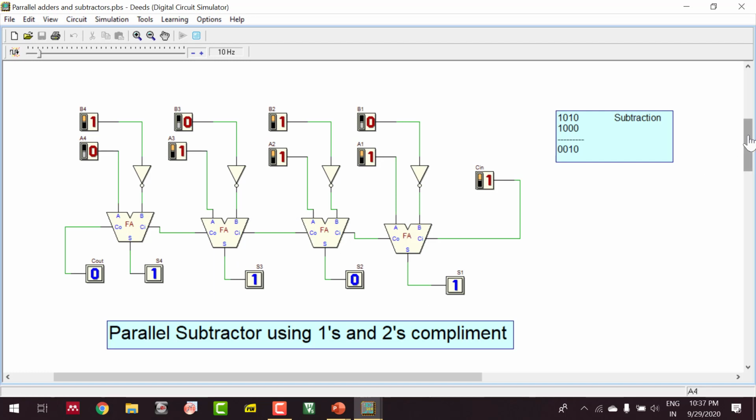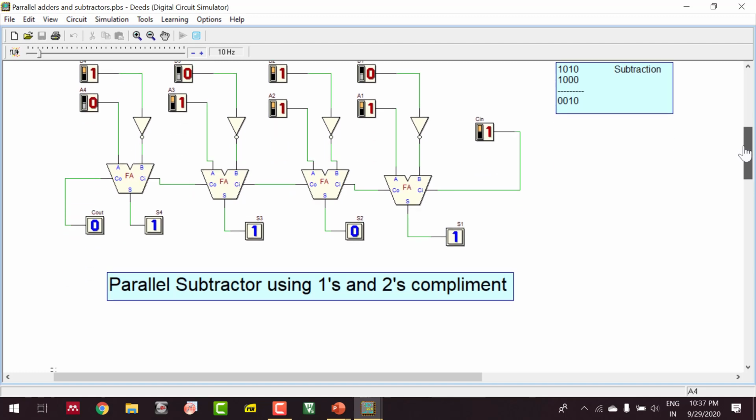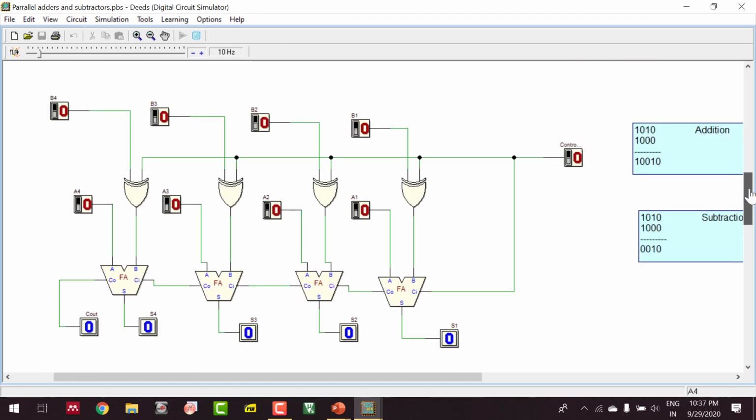Now we are going to show you an adder cum subtractor using a simple XOR gate. This was already discussed in the class. Your XOR gate will produce the same output as input if the control input is 0. If your control input is 0, you are going to produce the B bits as they are. If the control input is 1, you are going to produce the complement of the B bits. At the same time, the same control is applied to your first full adder. That means when you keep 0, the 0 is applied here, and your B bits are not getting complemented.